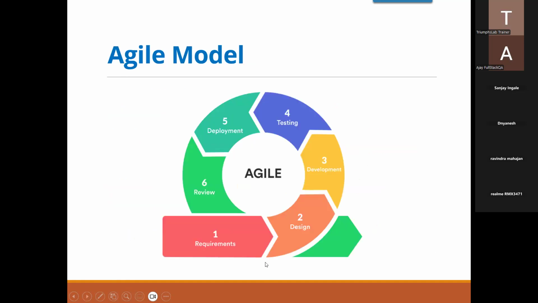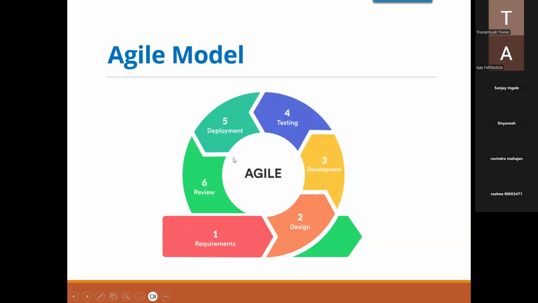So now here comes the agile model. What is the agile model? You have learned it, right? Let me know how many of you know the agile model. Sanjay, I think everyone has, because yes, everyone knows it. Yeah, cool, Ajay, Scrum. So I will not put a lot of highlight on it, because yes, you know the agile model.